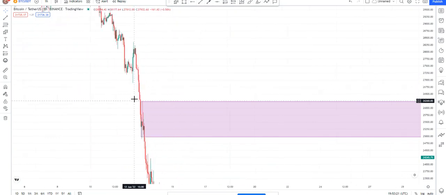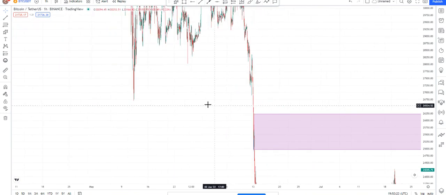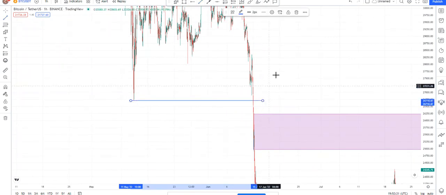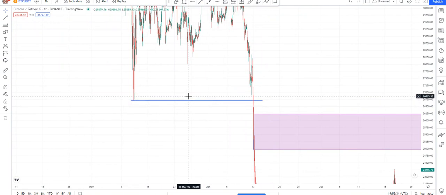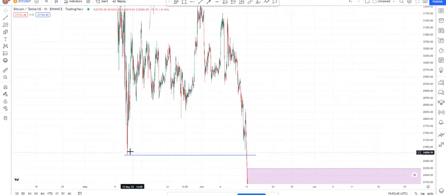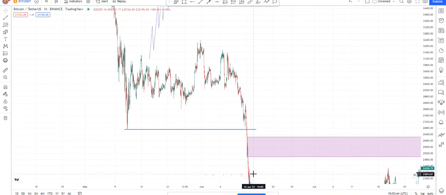First of all, let me go back. We have this low here, and this low here. So this low, if the market should come and touch it, that means we have mitigated this area. If we have a violent move here, say it goes down very fast,